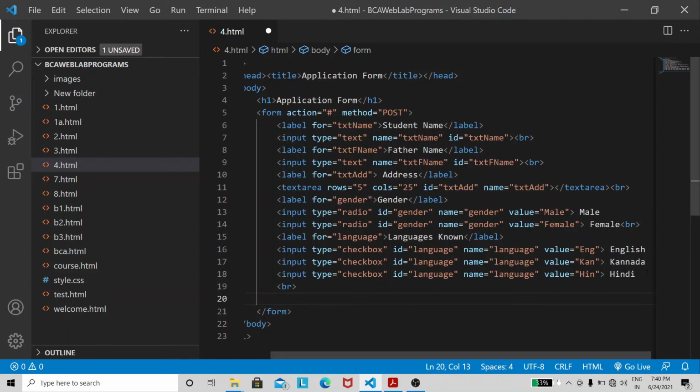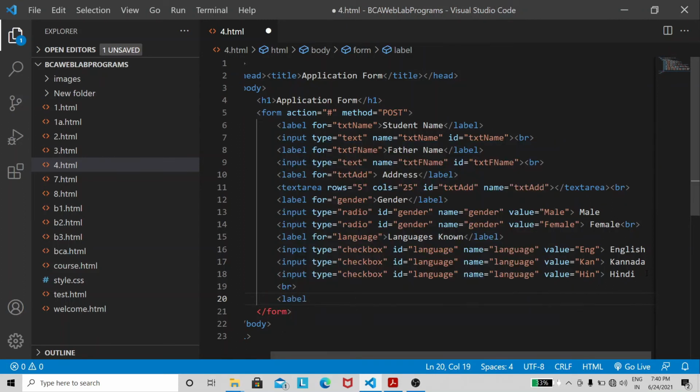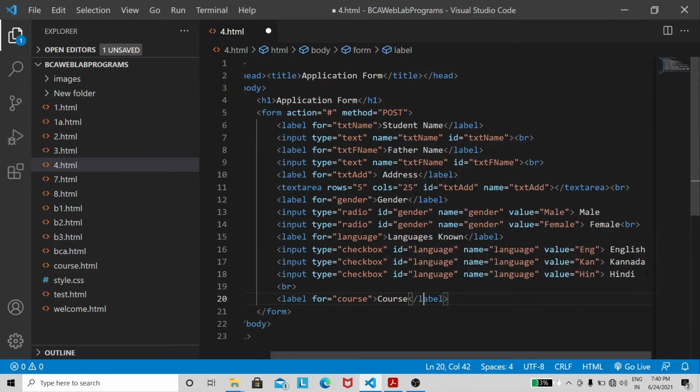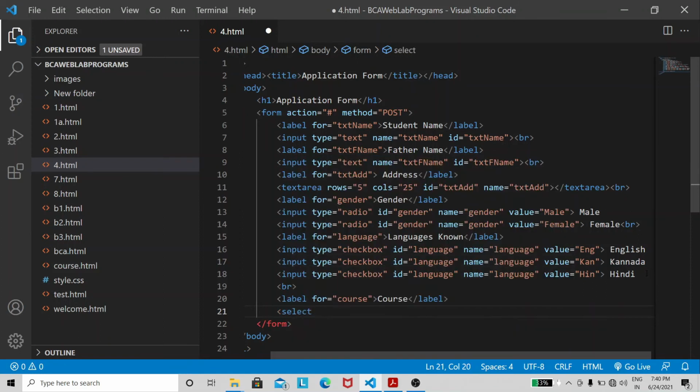Next we'll ask the user to input the course information. For this we are going to use the HTML select tag. Course, name is also course.